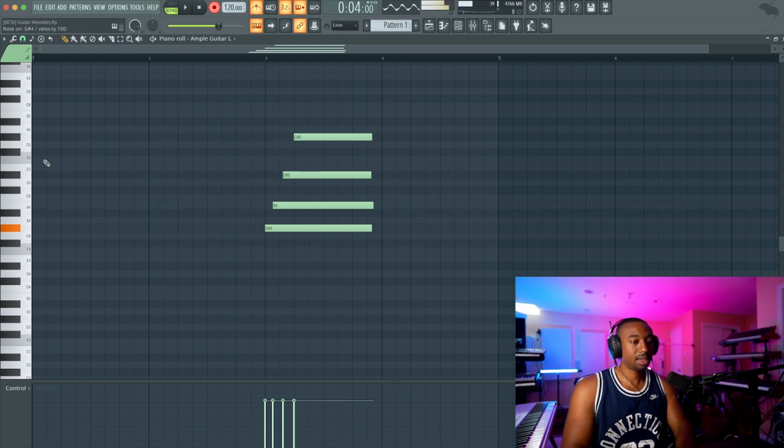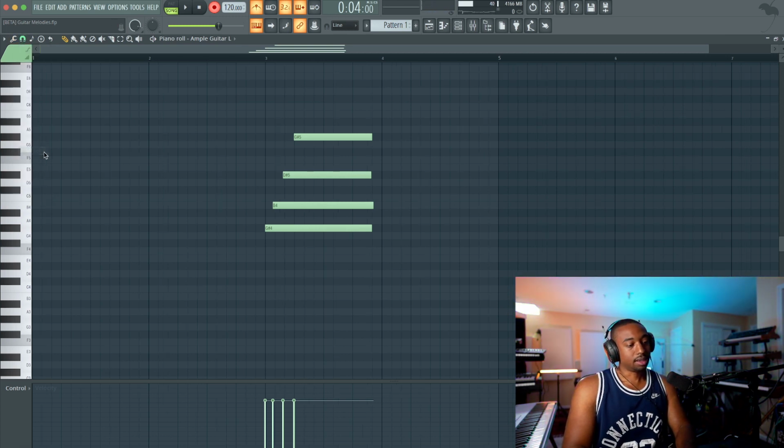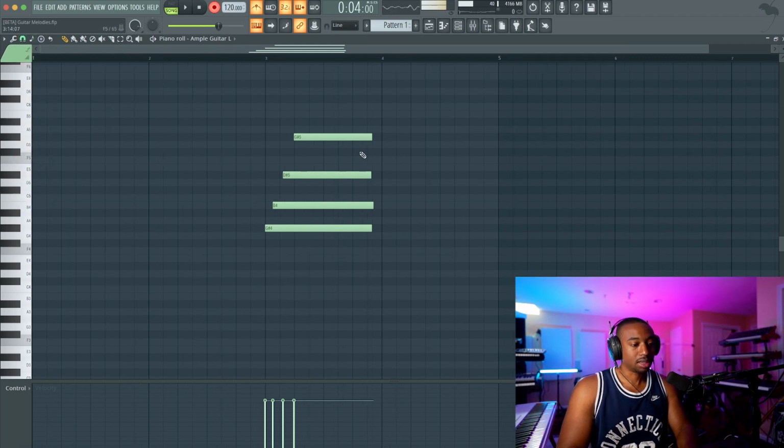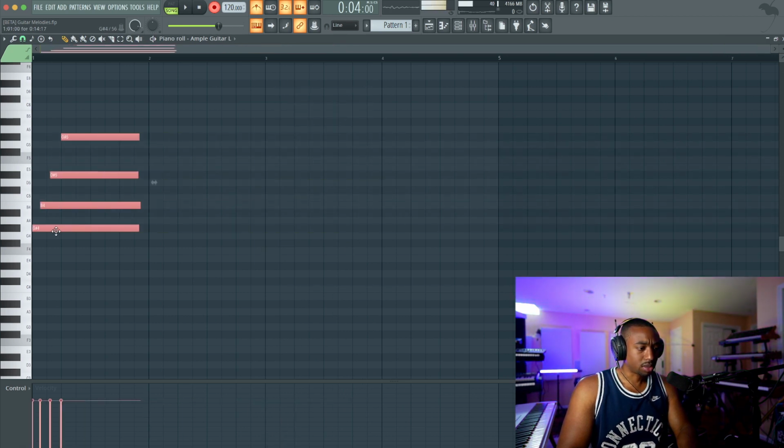You could play like that. Okay, there's nothing wrong with that. It's just that you're getting a different bounce when you play in triplets. Okay, there's no right or wrong way. Just change your snap to grid to either 1/2 beat, 1/4 beat, or 1/3 beat to get you those granular results.